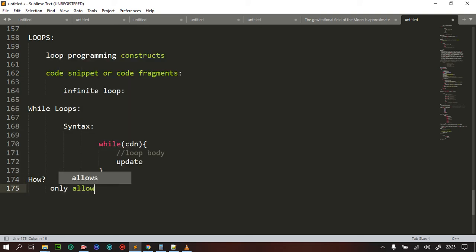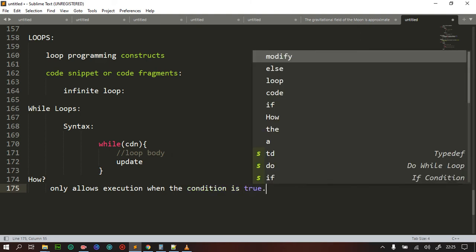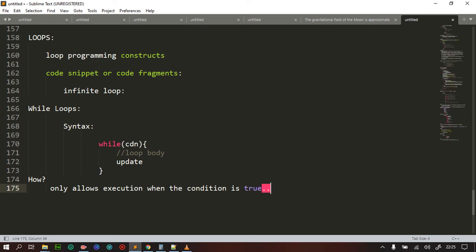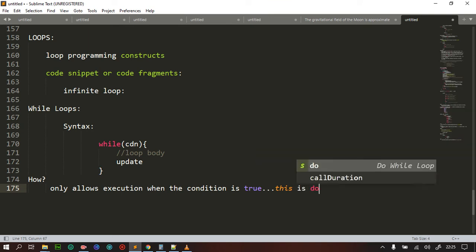Only allows execution when the condition is true. Only and only allows execution when the condition is true. Okay, you can say this is done